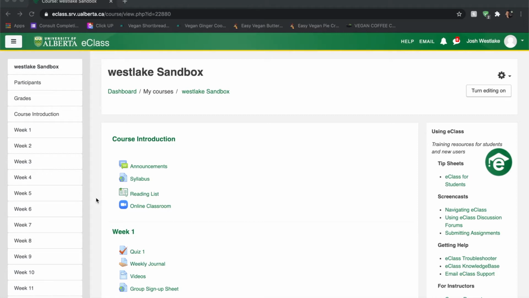out a course. So you'll notice at the top I have this course introduction section. And what I like to do with this section is include all of the things that students will have to reference throughout the semester. So something like a syllabus, a reading list, which Jason will be talking about in a little bit, or especially for right now, the Zoom online classroom. So these are things that the students are going to be clicking on repeatedly. It's the first things they're going to see when they come to the course. So it's kind of important to put those up at the top.